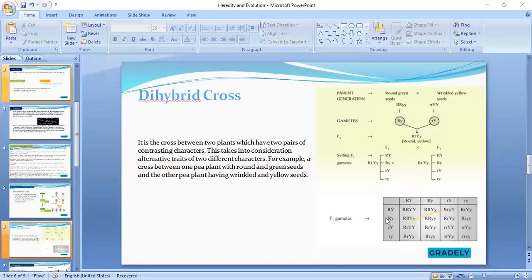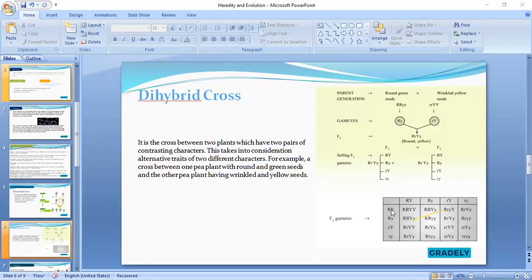Now, this same thing will come over here so that we self-fertilize them together, so that this crosses with this. We're having capital R, small y, capital Y, capital Y. We'll first of all finish with this line first. Are you getting it? We'll finish with the first row, and then we'll go to the second row, the third row, and the last row. So for the first row, we use this times this. This crosses with this. I'm bringing in calculative words, I'm sorry, but the main thing is you understand that this one is actually crossing this. This one crosses with this too. This one crosses with this. This one crosses with this.